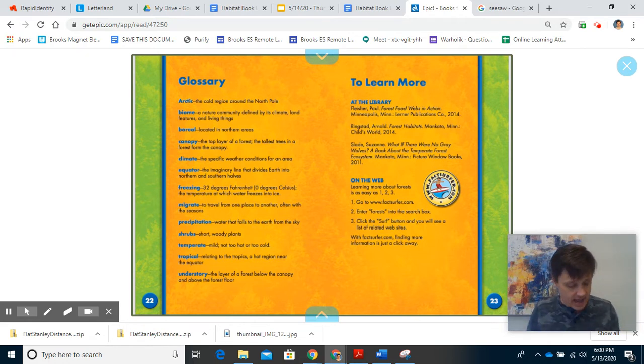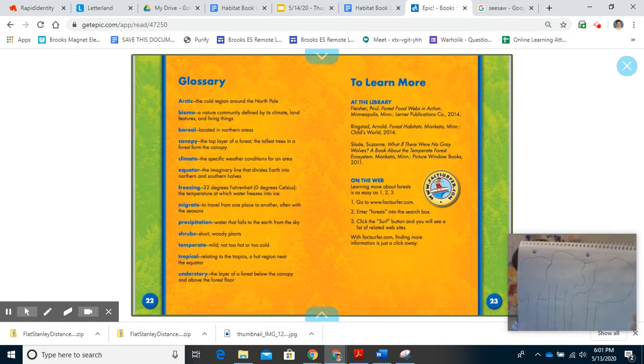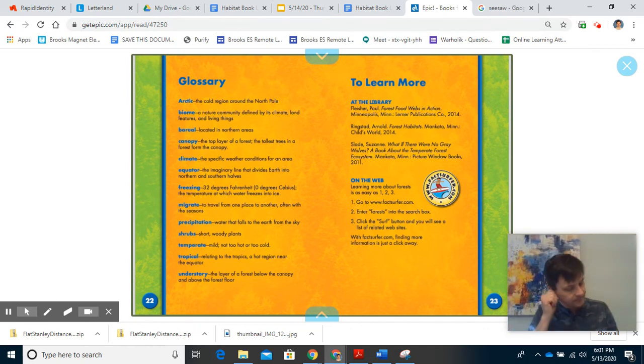So today, I'm going to go ahead on my paper. I'm going to draw the floor of the forest. I'm going to start putting some tall trees up. I'm going to show the canopy. So I'm just quickly sketching here just to show there's the canopy, the tall trees, the forest floor. I can put some lower shrubs down